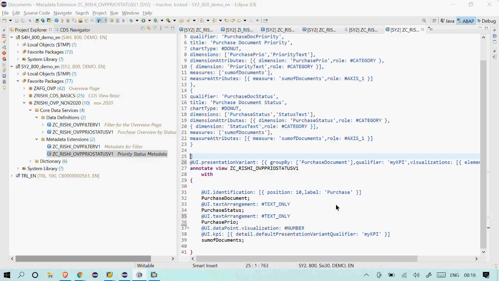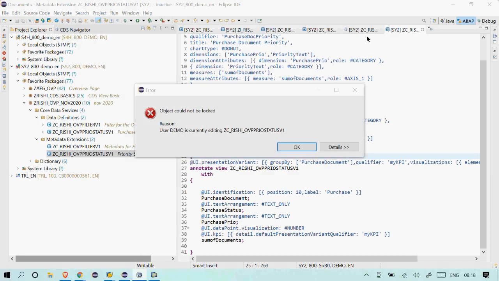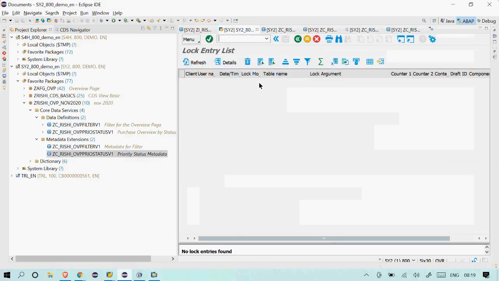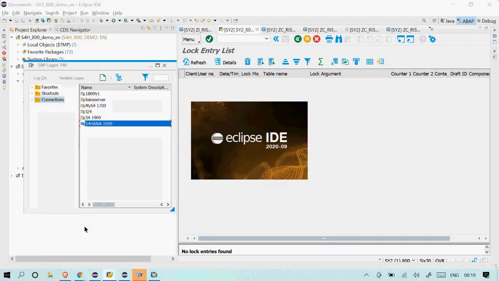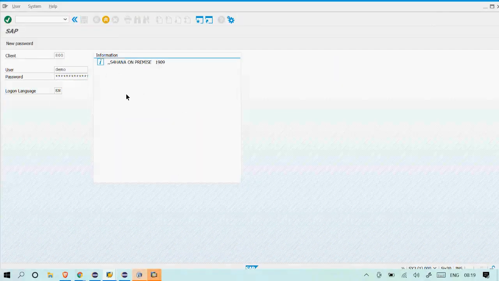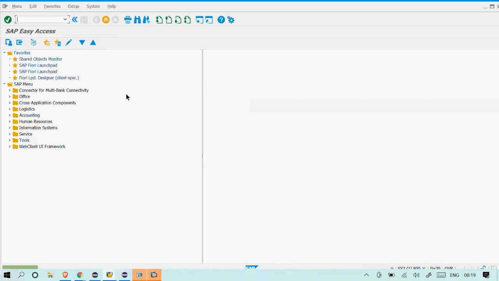So do we get any lag in my voice? I hope the voice is clear, the connection is good. So let me guys, are you able to hear me? Is my voice proper? Okay, connection is good. Okay, let me open the SAP GUI. I think my object is locked because of the timeout. Let me open that. 12